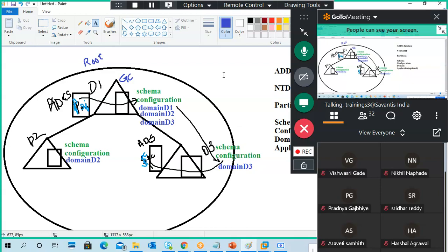Every domain controller has its own domain database, but the global catalog server contains all domains' databases.